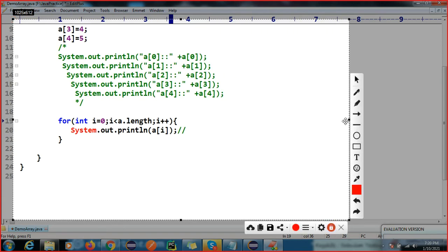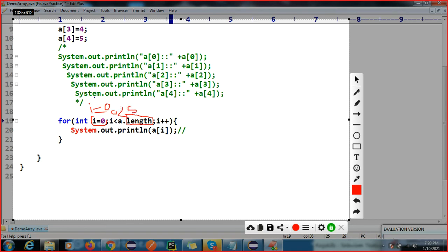First you initialize the i value; we tell the JVM and compiler that i is an integer, so int i equal to 0. And this is called the length variable. By using length, we can find the size of an array, so we are going to find the size of the array, 5.